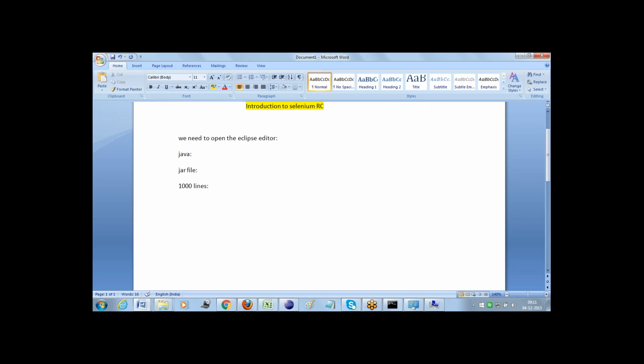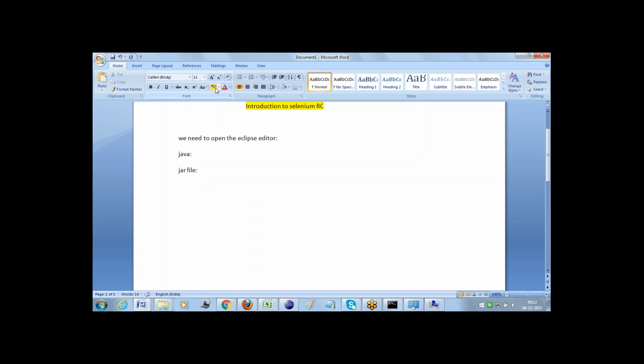Instead, I can convert my code into a jar file and share it, so that anyone with this jar file can access the logic I have defined in my program and use that information. For that reason, we are using jar files.